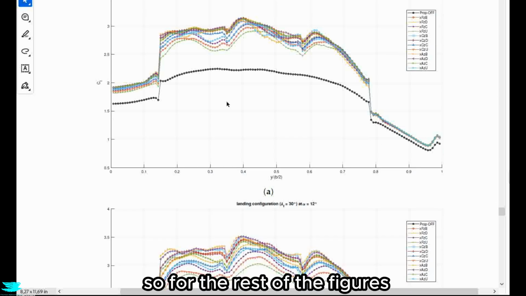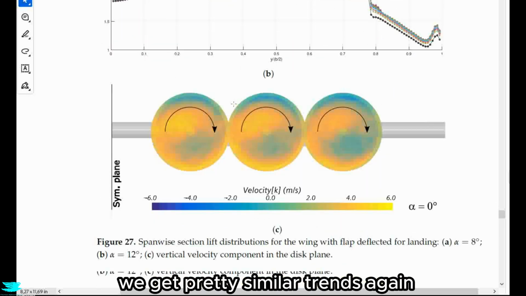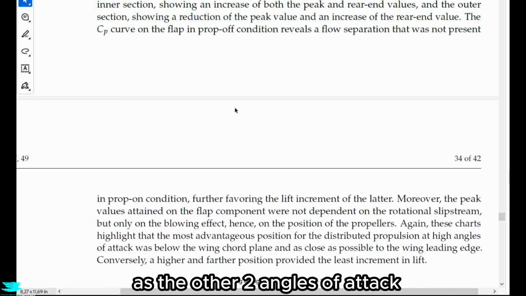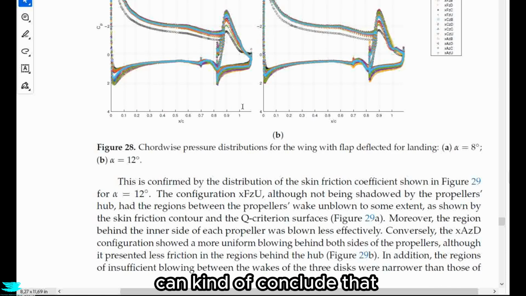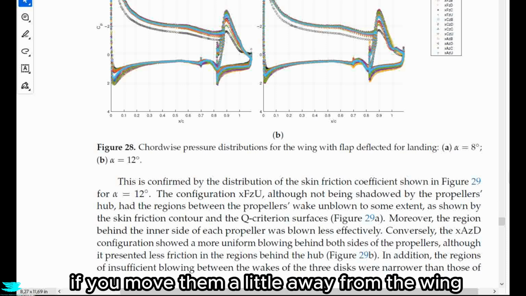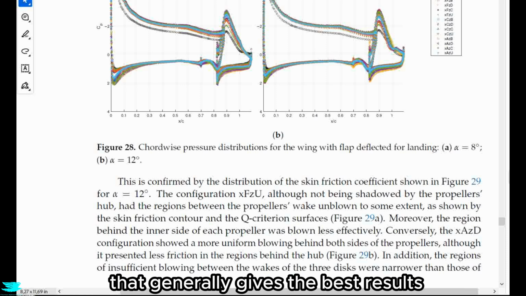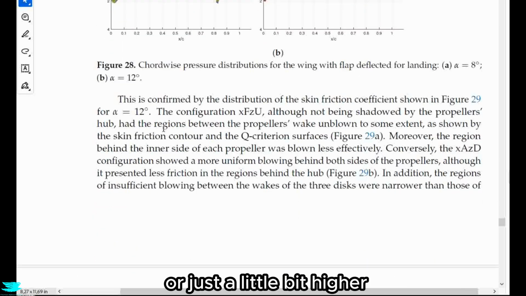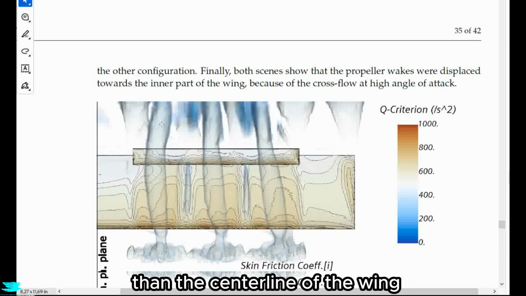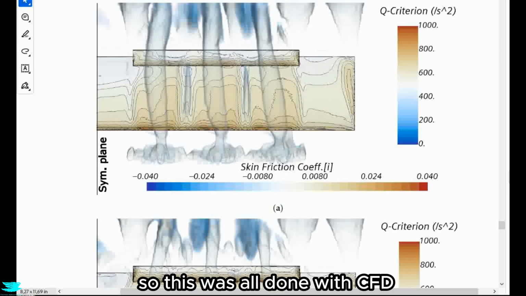So for the rest of the figures, we get pretty similar trends again as the other two angles. So that's pretty good. It means that we can kind of conclude that props are hugely beneficial, and generally, if you move them a little away from the wing, that generally gives the best results. You also want to probably keep them in line or just a little bit higher than the center line of the wing. So this was all done with CFD,